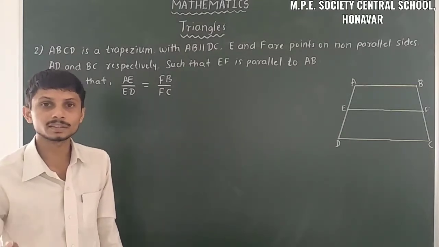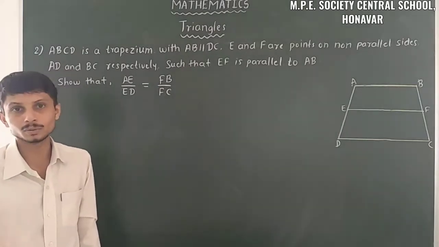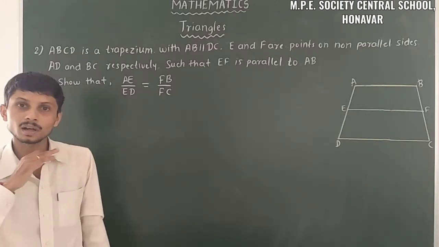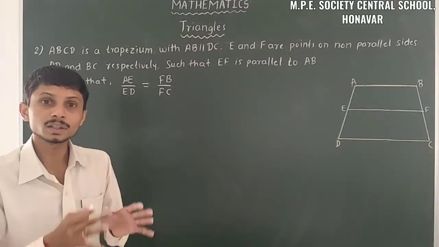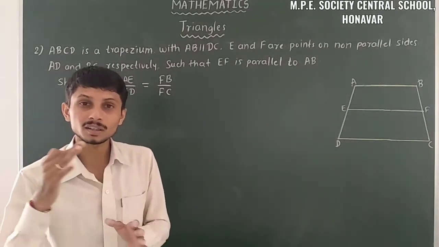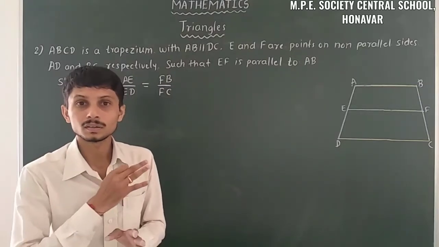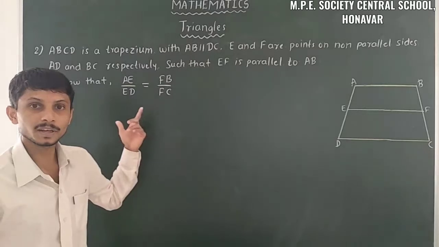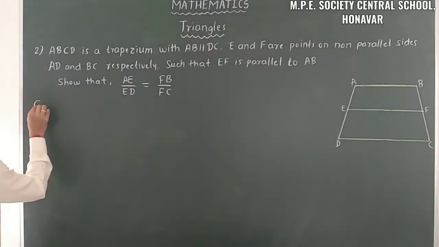Yes, firstly we have to write the given things. What are the given things we can use? We have to know that first, because after knowing the given things, we can take the possible given terms we can use while proving this one. So firstly we have to write the given. What are the given things here?